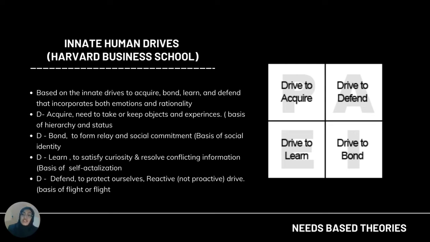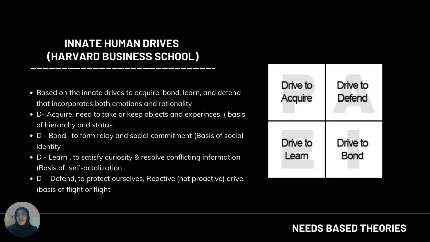Drive C, challenge and comprehend. This drive is fulfilled primarily through job and organization structure. Organizations need to ensure that the various job roles within the company provide employees with stimulation that challenges them or allows them to grow. Job roles that satisfy this drive should offer learning, like training, seminars, and others that provide employees with new skills and knowledge.